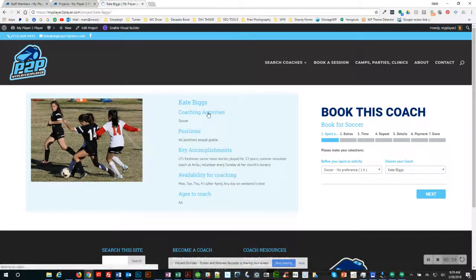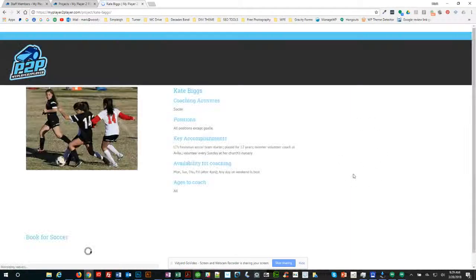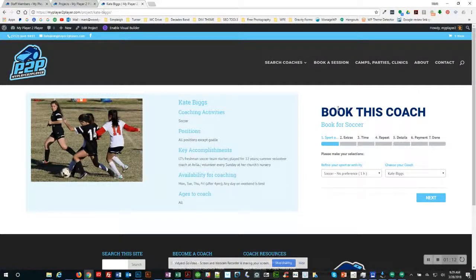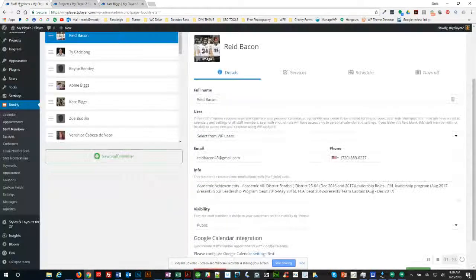Before we can create this page, we have to first create this booking functionality that'll show up over here for this player. So it's two things. One, it's a page, which is actually called a project in WordPress, but it's also pulling in a piece of code that is developed when you create